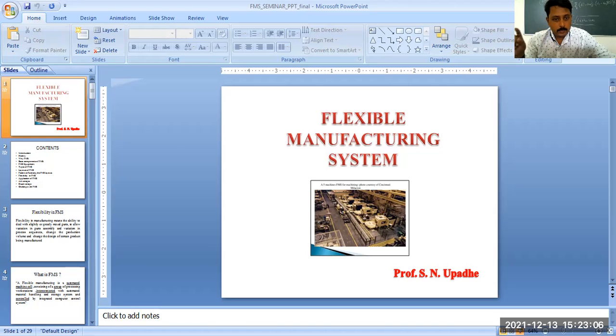Sequential, there will be some sequence. Random, so whenever there are random requirements of operation, you can have this type of FMS. Dedicated FMS, so basically it is dedicated for a particular task. This is how we can have a glimpse or knowledge about this type of FMS. And engineered FMS is a quite special type of FMS which is required, that is why it is called engineered, engineered as per the specification or as per the requirements.